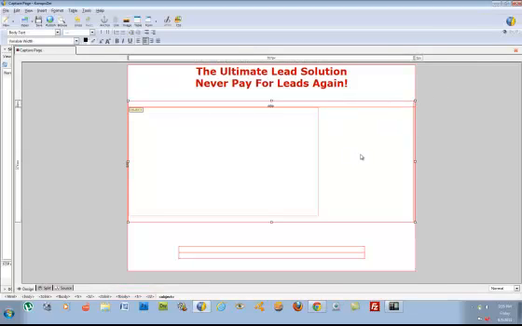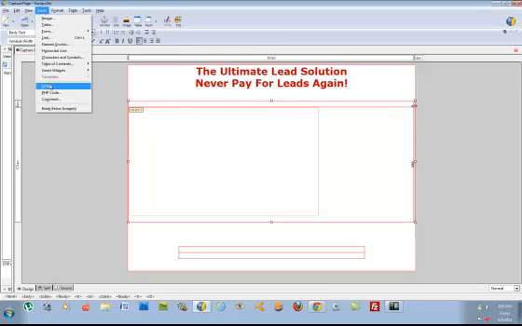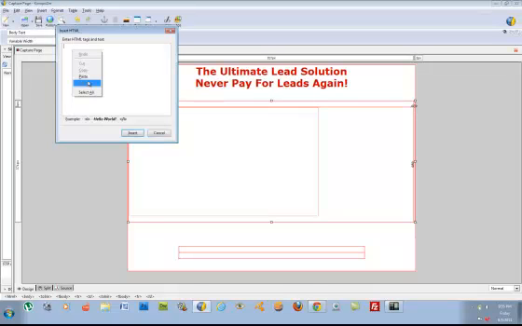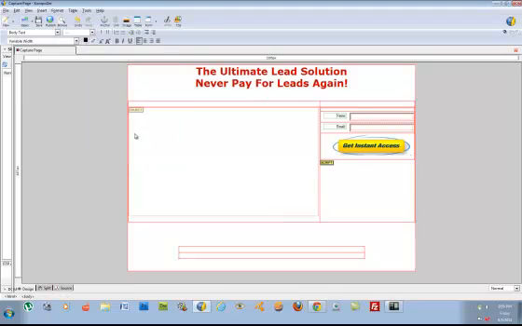Now the box is not here. The box is actually starting right here on this line. Now you see how the insertion point is blinking? That's really where the table is. So just make sure that you know that, and don't try to click in here, because there's nothing there. Okay, now I just go right back to Insert and go to HTML, right click, press paste, insert, and that's